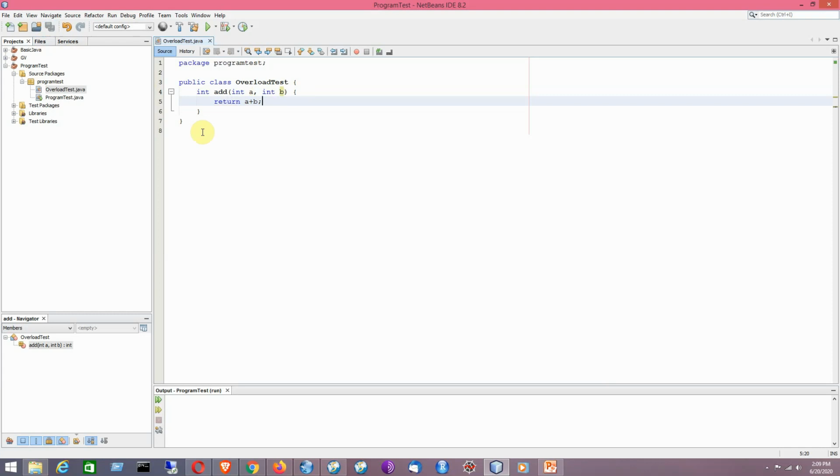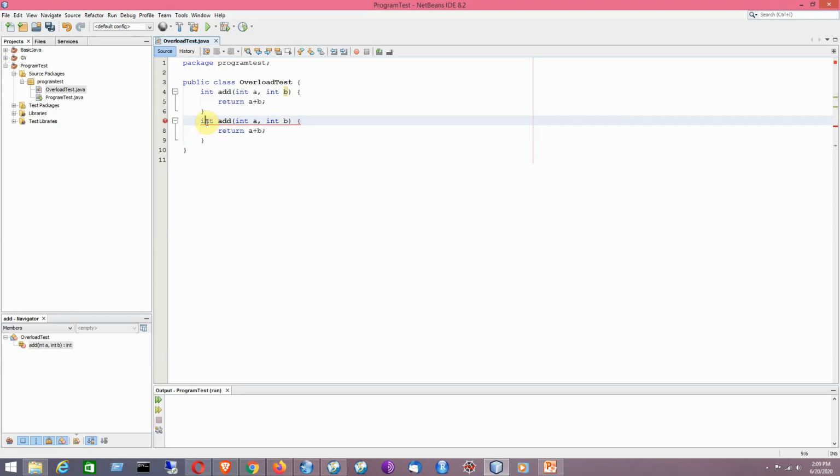But for performing different types of operation based on the type of operands, basically we'll need a different kind of method. So now I'll be trying to define the method for adding two floating point numbers.